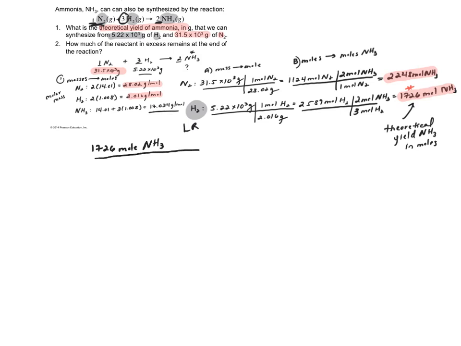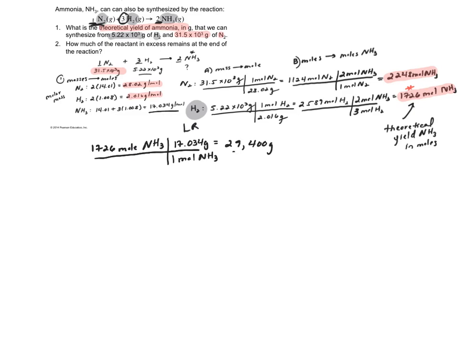To convert to grams, I'm going to multiply by the molar mass. So for every 1 mole of NH3, we get 17.034 grams. And when I do that, I end up with a large number, so it's 29,400 grams. Again, probably really smart at this point is to convert to kilograms,